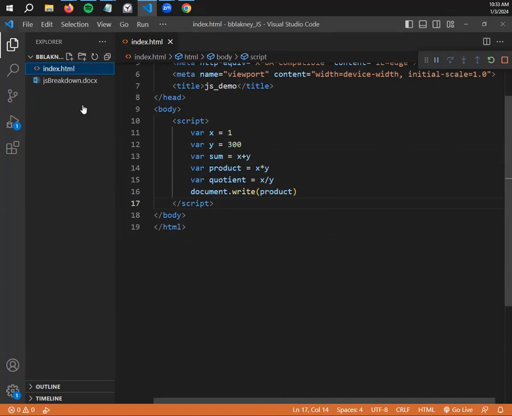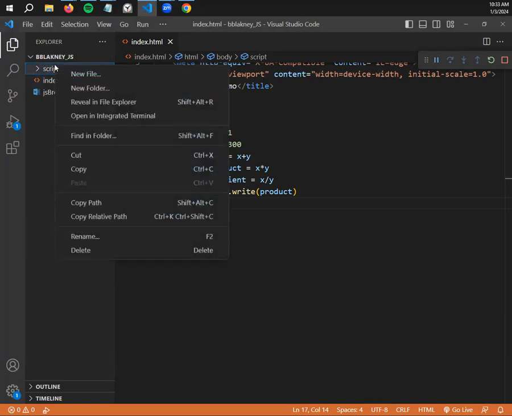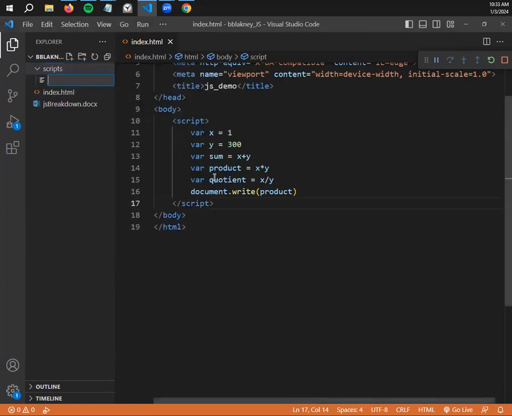On my regular index page, in the past, I've had you make subfolders for scripts. It's the same way that I've had you make subfolders for styles. We can put an entire JavaScript file inside of its own subfolder, and then we can reference it with a tag similar to a link. So I'm going to make a quick scripts subfolder, and then right-click on that scripts subfolder, create a new file,